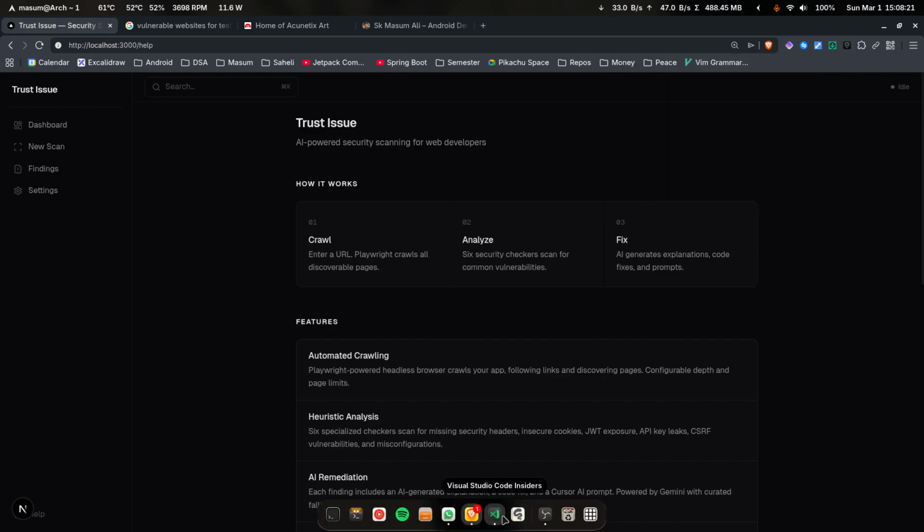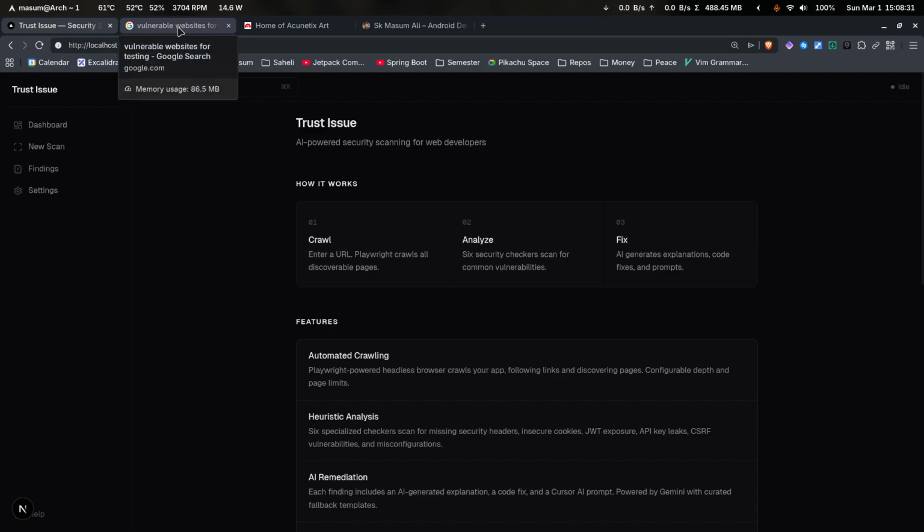Our main analysis, the main work of our tool, is purely based on rules, made using Node.js. So this is how it works. Who is this made for? This is made for regular developers, especially web developers who develop web applications in their daily life. And every web application must have some security. Their web application should not have any security flaws which can compromise the user's data or anything